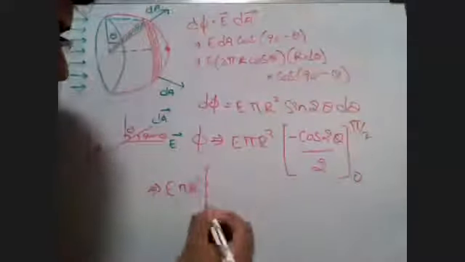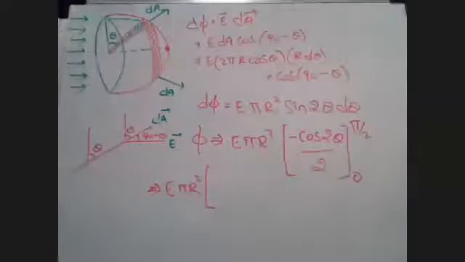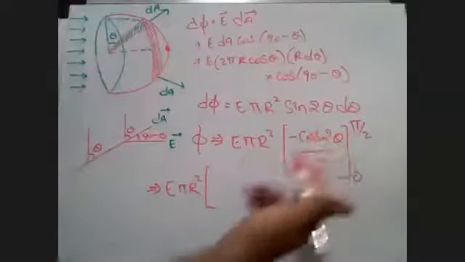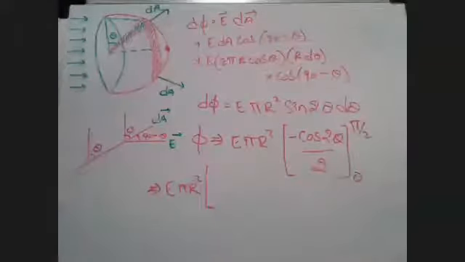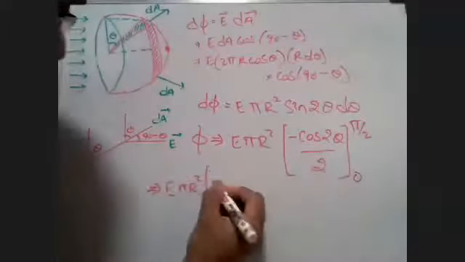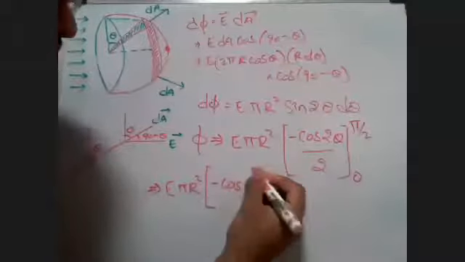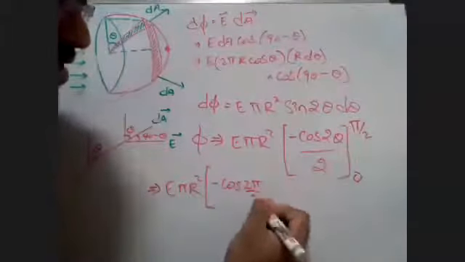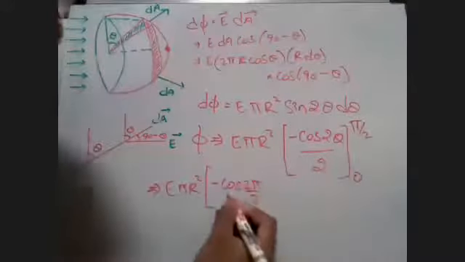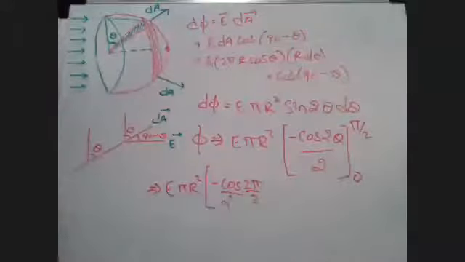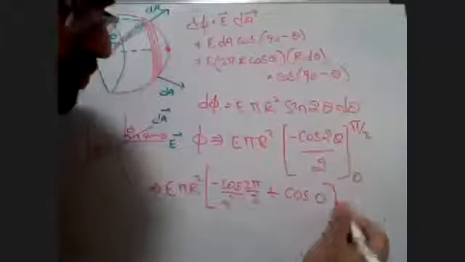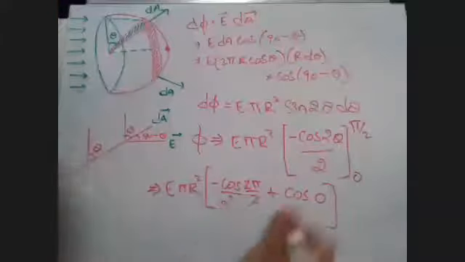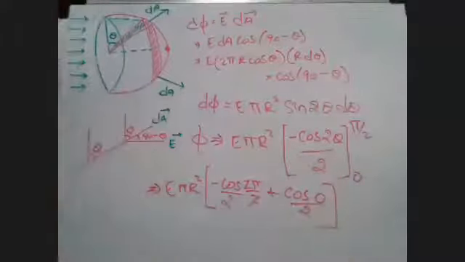Fast, guys. Tell me, what is it going to be? Minus of cos pi by 2. Minus of 1 by 2, minus 1 by 2. But that is very fast. Those who don't know, look here. Minus cos 2 pi by 2, and this is going to be 2 here. And plus cos of 0. This 2 got cut. Let me put a 2 over here. So what is cos 0?